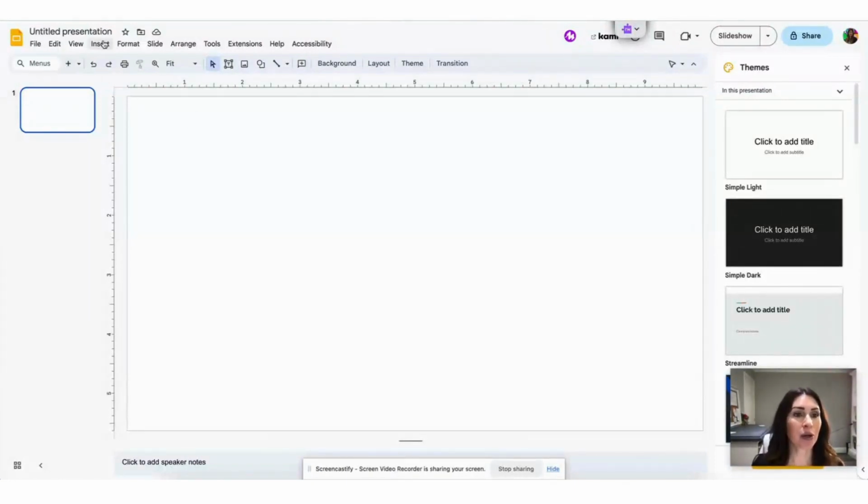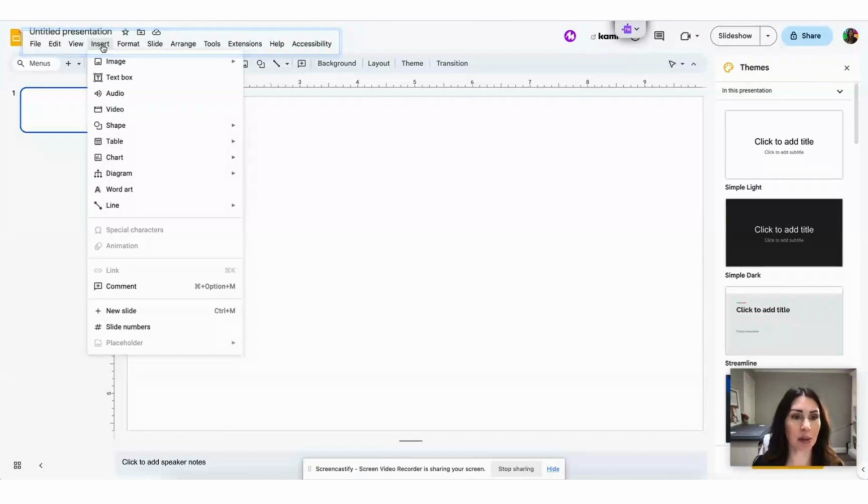From here, I'm going to go ahead and go to Insert up at the top and find Table. From Table, I'm going to create a grid that's going to show all of my activities. I typically will divide students into 3 groups since there will be 3 activities. I also want a top header row. So I'm going to have